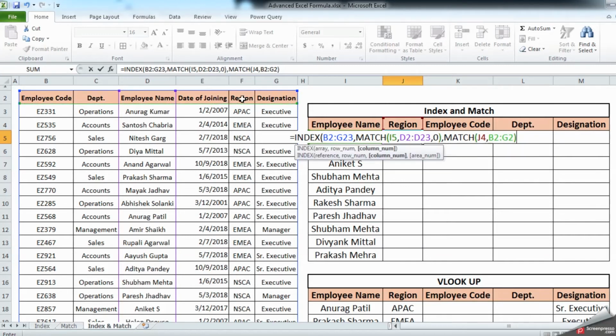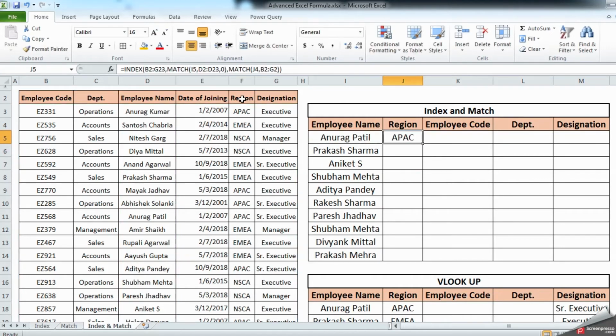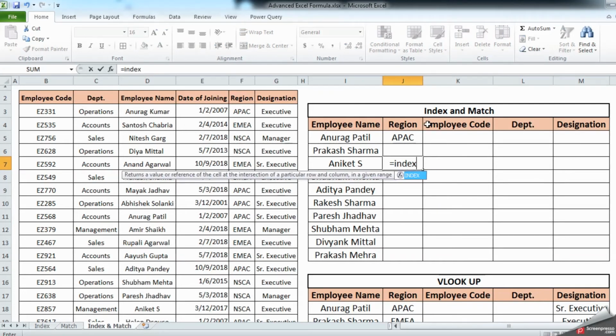Same way you can just copy and paste over here, but before that let us lock the range. But let us do it once again. For this part, equal to index, selecting the entire table array, comma, match.